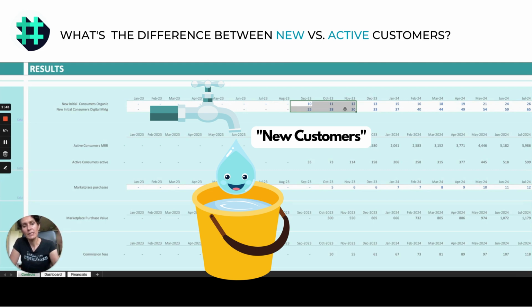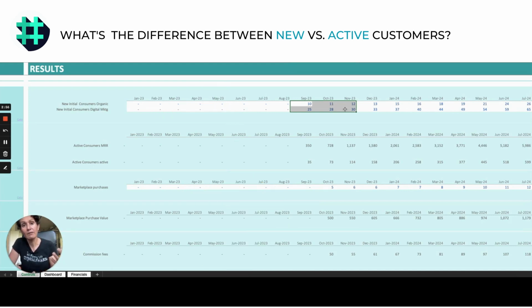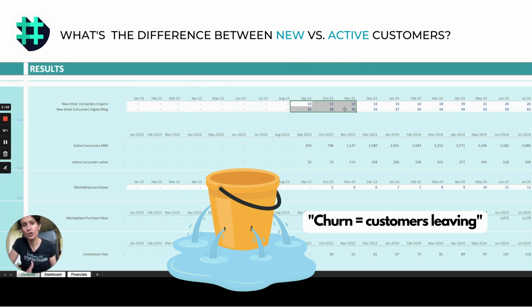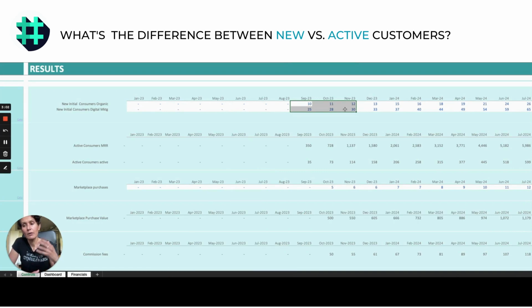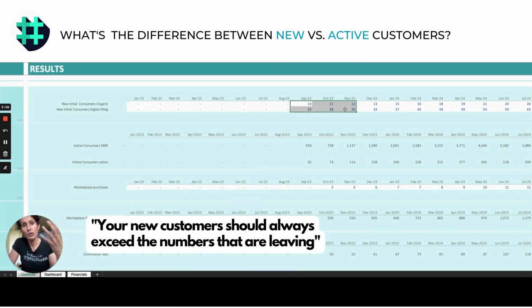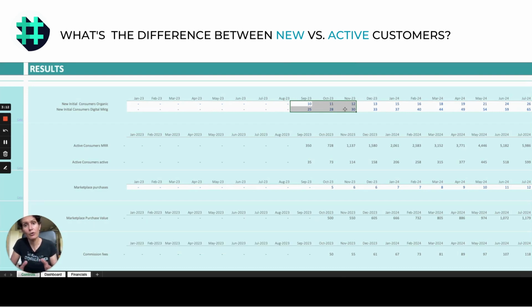So the tap brings you new customers, they come into the bucket, the water in the bucket, those are your active customers, and if you have a leak in the bucket, that's your churn, and those are the customers that are leaving. So think about it this way, you always want to have your new customers exceeding the numbers that are leaving, so the amount of water in the bucket is always rising.